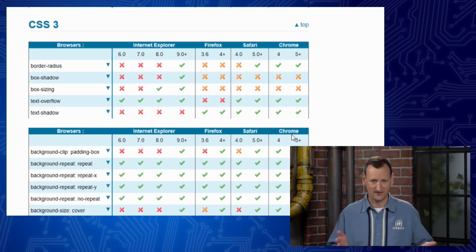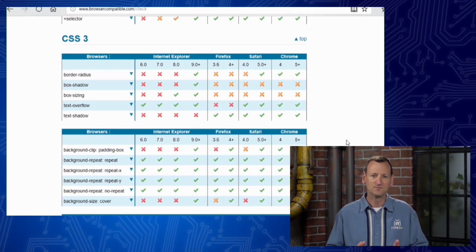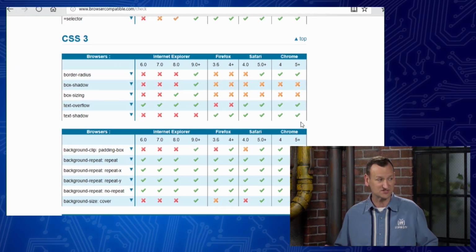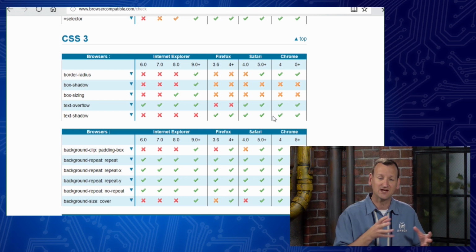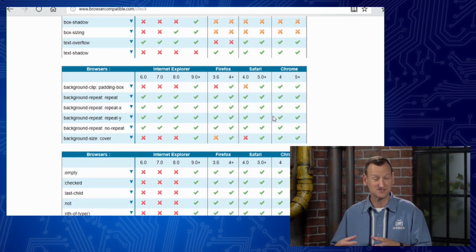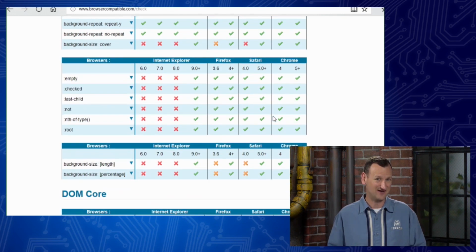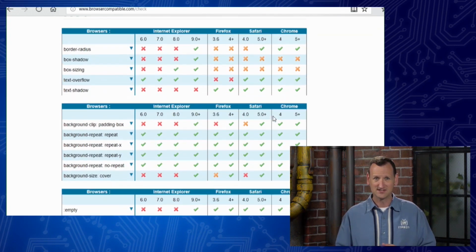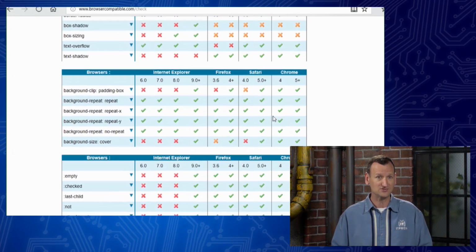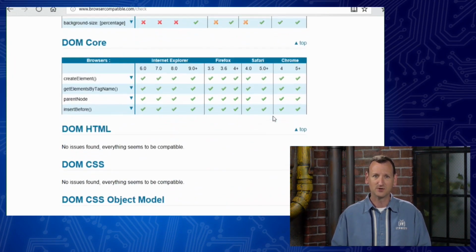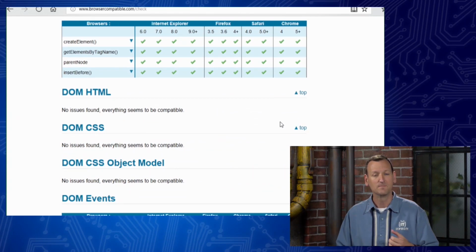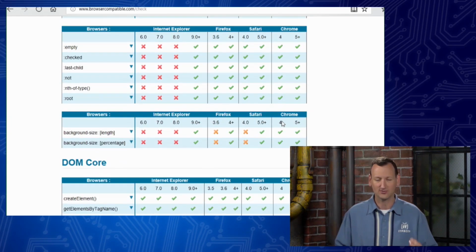That there is this cutoff: when you create a website, you can try and support as many browsers as possible, but there comes a point where you have to sacrifice some browsers for the sake of security or for the sake of functionality. And that's kind of what you're seeing here, is that we've actually got pretty good browser support for most things, but there are some settings here and there where maybe we don't support IE7 or IE8.